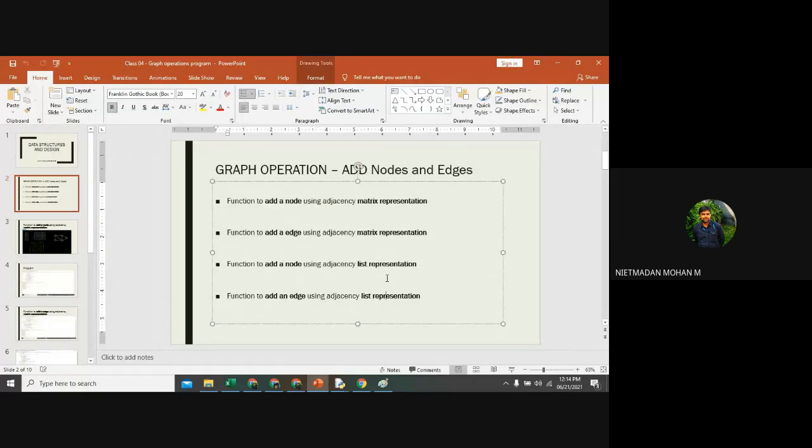And this is the graph operation of adding nodes and edges. So in the next class, we will discuss the graph operation of deleting nodes and edges, how it will work with the same lines of code. There will be no different lines of code. That's why I have taken 10 minutes over there. In these same lines of code, we are going to use some functions and do the delete operation.